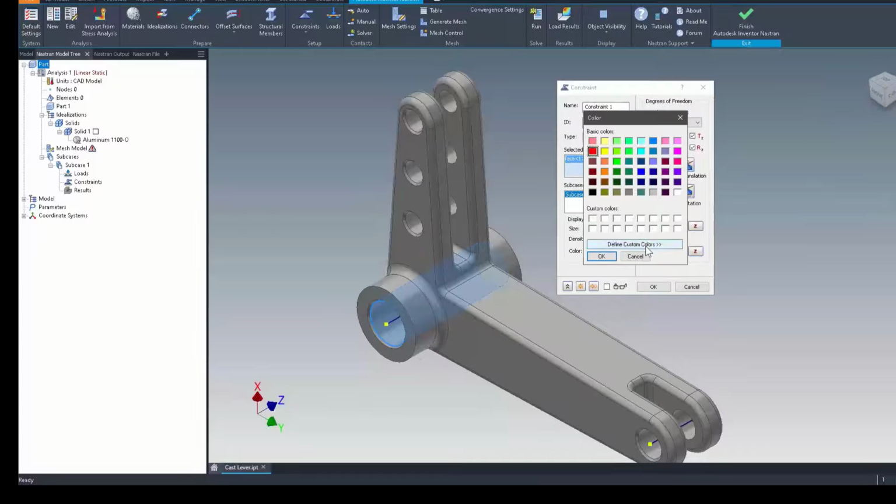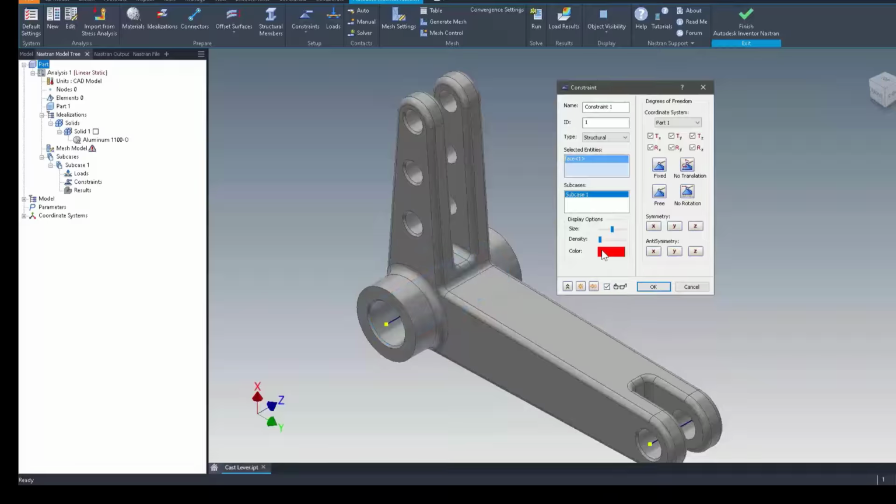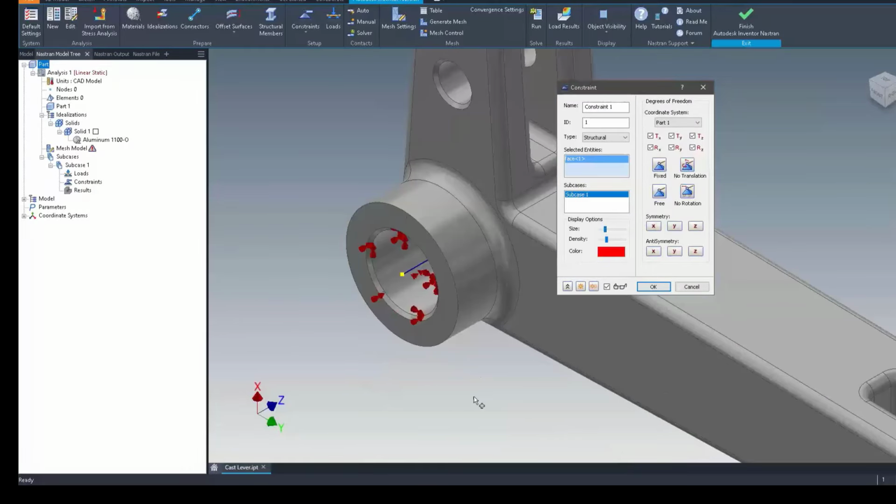Then you have some optional controls. It allows you to graphically represent where that constraint is, and you can adjust the size of the graphics. This does not indicate the level of control. We get that question a lot of time is, does that arrow mean it's more fixed than this? No, the arrow is simply a graphic to let you know here's where the constraint is, and depending on how large your model may be, you can adjust the size and the density just to make it more easily seen. But they do not indicate the level of constraining or the level of force, which is what we're going to